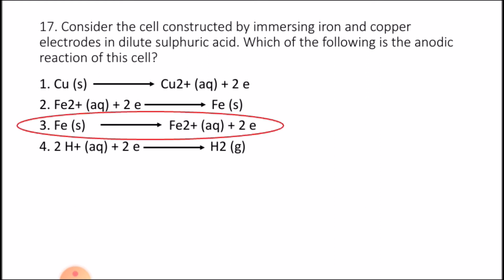Therefore, if we consider the positions of iron and copper within the activity series, iron is located above copper. Therefore, the oxidation takes place definitely with iron. So here we can omit copper. The answer which deals with copper, the first one, is incorrect. Then the second one is related to iron, but it shows the reduction reaction, therefore it is incorrect. The third one is correct because it shows the oxidation of iron. Then the final one is also related to reduction, therefore the third one is the answer.